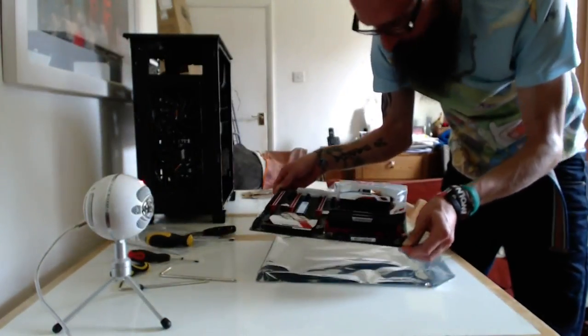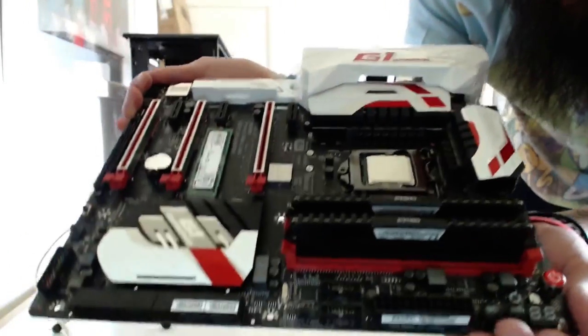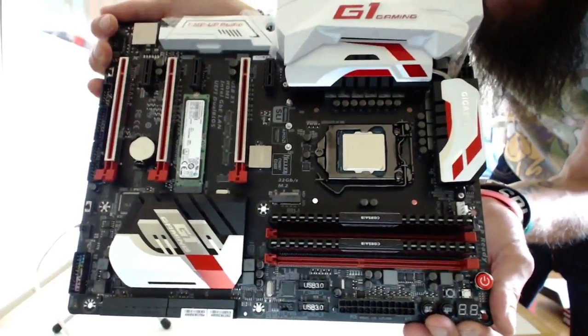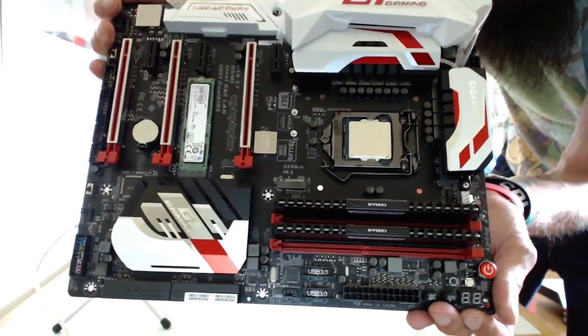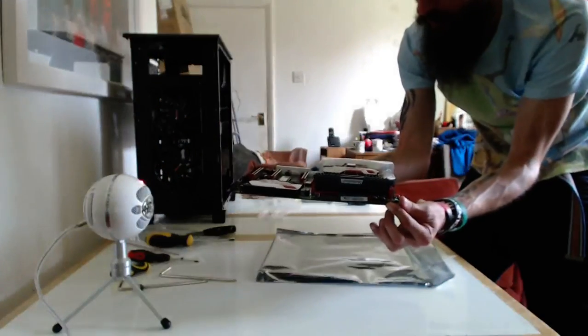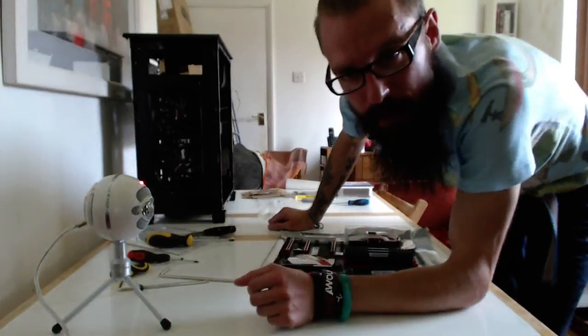Here we go. How's that looking, guys? You liking the looks of that? You tech geeks? Lovely. It's coming together. Look at that. Beautiful. I've got to be honest, I'm really, really glad that I'm doing